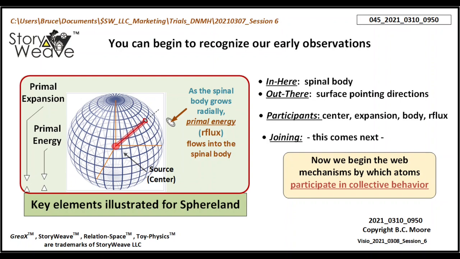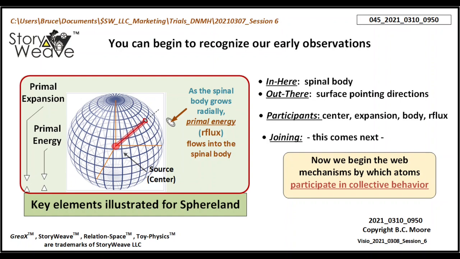Image 045 just emphasizes that we're starting to see here the things that we recognized, that we mentioned early in our observations during this series: we've got an in-here thing, that's the spinal body. We've got an out-there, the surface pointing directions, the surface of the sphere. We have participants that got the center. We haven't said what it does, but the center is a participant. Expansion is, the spinal body is, the substance coming in is. All of those are